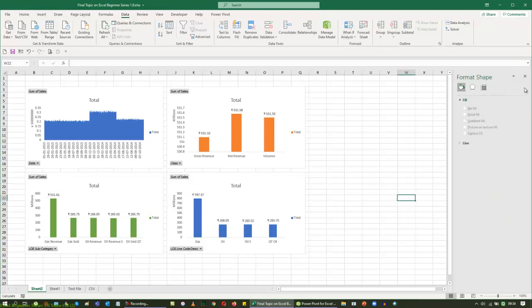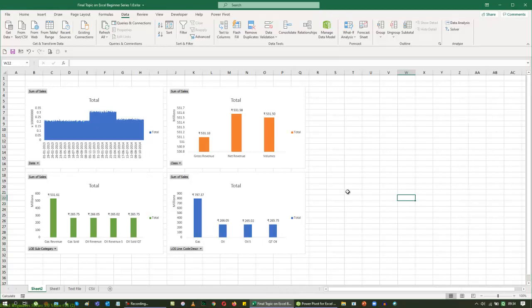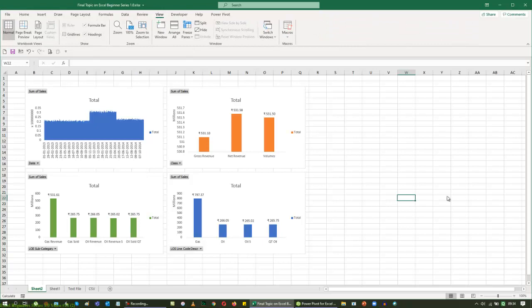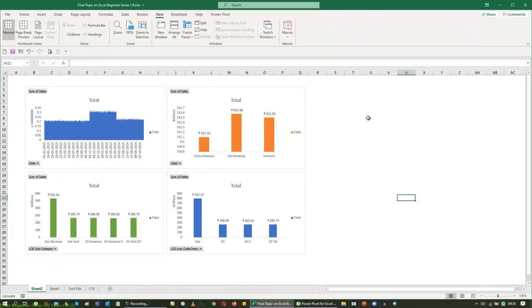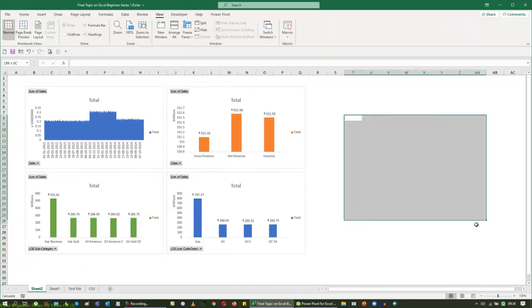If I want to add a header here, these are properly arranged by itself. So I don't want to sit and tweak the charts here. The only thing that I need to do is I'm going to just go back to the view and check the grid lines, and I'm trying to just make this right hand side a more useful one.